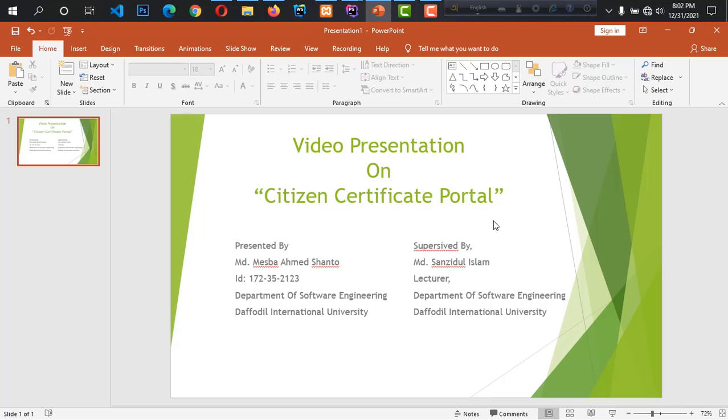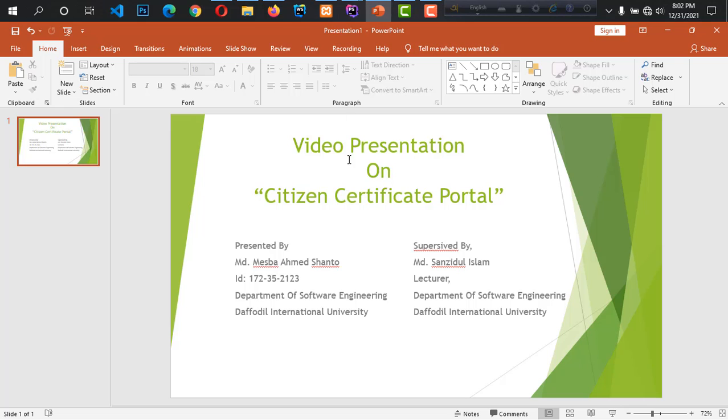We all the citizen of Bangladesh need citizen certificate for many reasons. So we need to go physically to public representative. I made this system online so that we need not go to our public representative physically. We can collect it online.